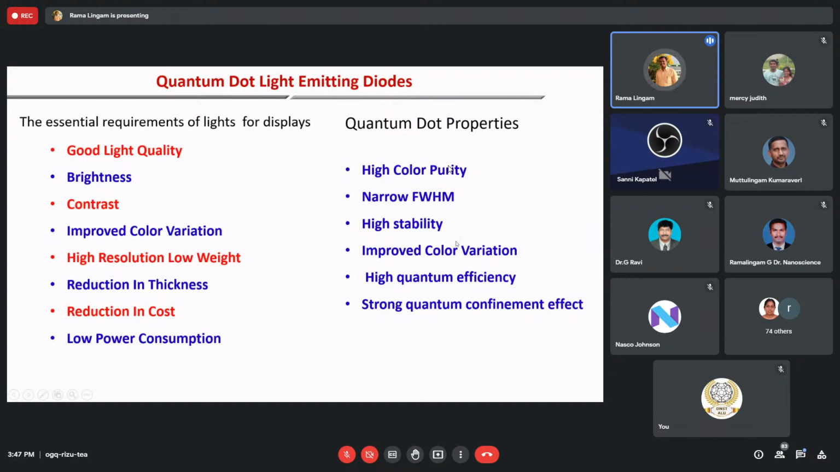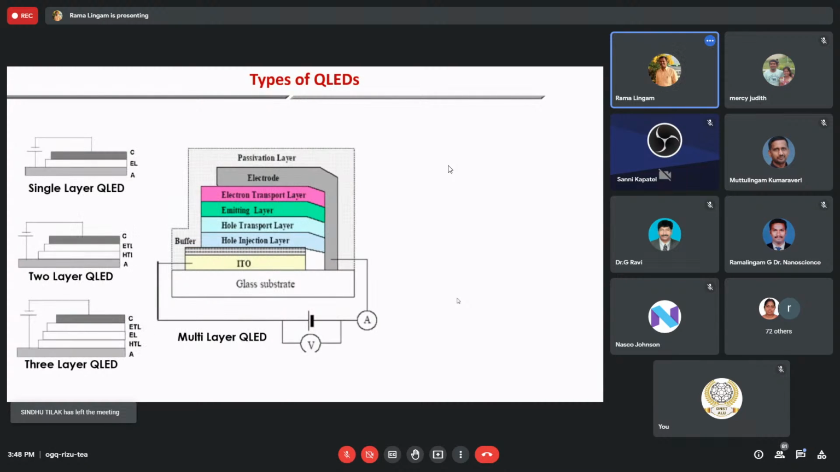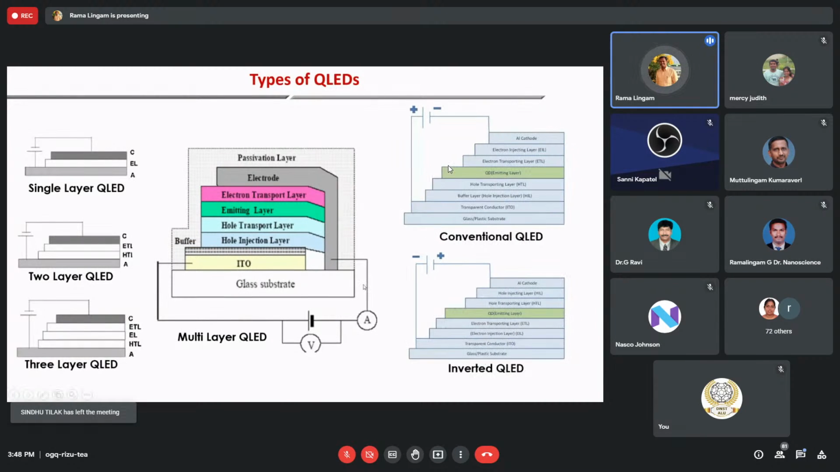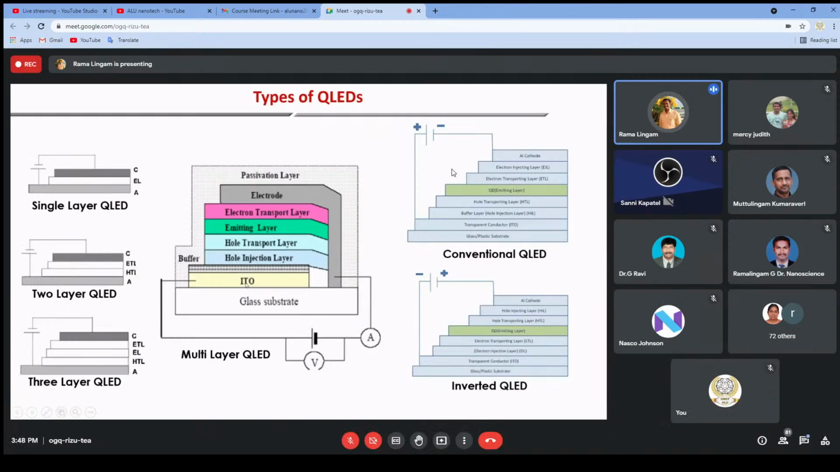And quantum dots also have, as I told, high color purity, narrow full width at half maximum, high stability, improved color variations, high quantum efficiency, and a strong quantum confinement effect. These are some of the properties of quantum dots, which is why people use them for quantum LEDs. So how do we make quantum LEDs? There are some processes involved, and many evolutions have come over quantum LEDs: one is single layer, two layer, three layer, and nowadays multi-layer quantum dots. So nowadays the majority of people